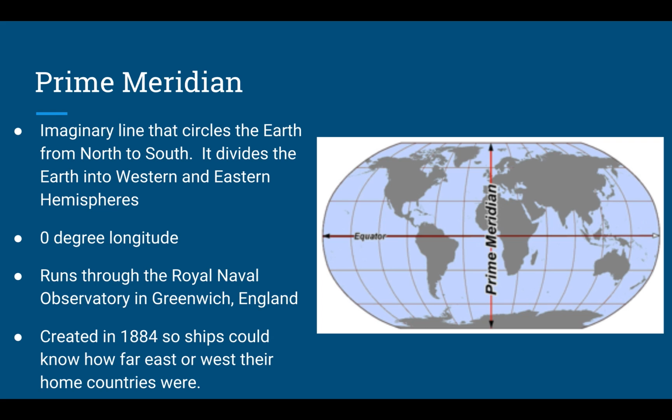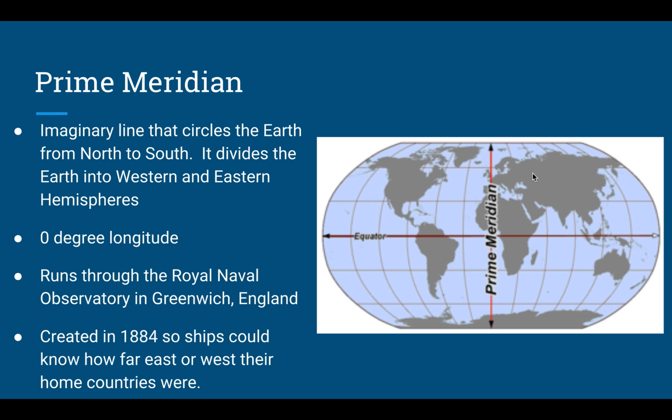The prime meridian also divides the Earth into 2 hemispheres, the western hemisphere and the eastern hemisphere. So if you take a look at the screen, at the cursor right now, and I ask you what hemisphere the United States is in, it's to the left of the prime meridian, which is this line going down the middle, which means it's in the western hemisphere. If I asked you what hemisphere Asia is in, that would be the eastern hemisphere because it is to the right of the prime meridian.